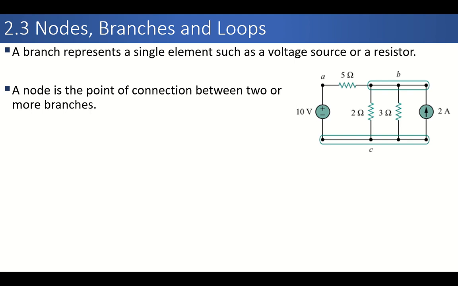Another important thing is that when points are different, generally they are at a different potential. So it means that point A will be at a different potential than point C. But if we connect a voltmeter across this point and this point, there will be no potential difference because these 2 points are at the same potential.